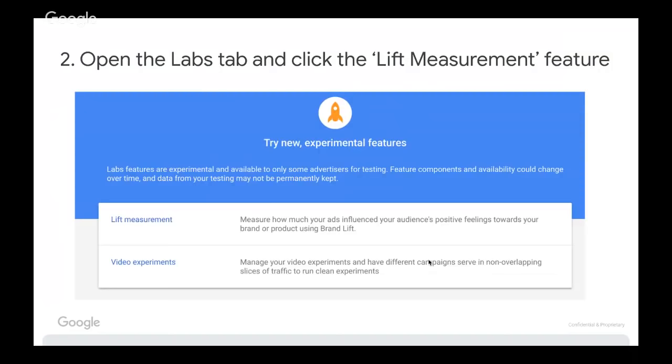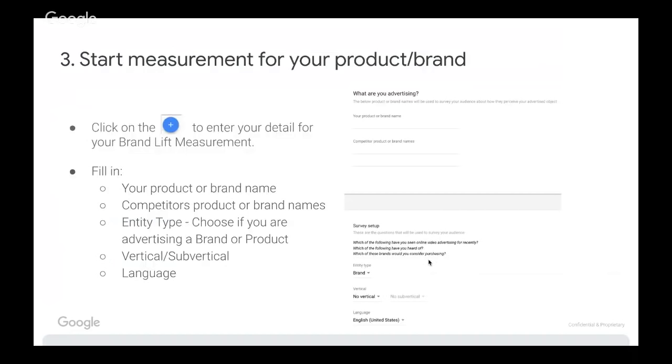And then you'll see the lift measurement feature. Very simple, you click on that, and that opens up the setup process. You click on the blue plus icon, and you enter details for your brand lift measurement. Things you have to fill in are your product or brand name, competitors' product or brand names, and